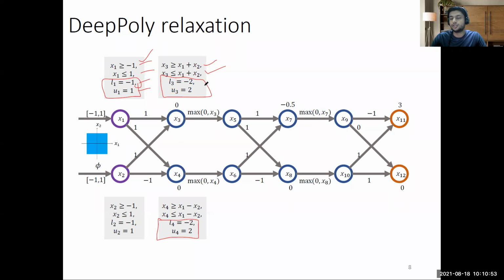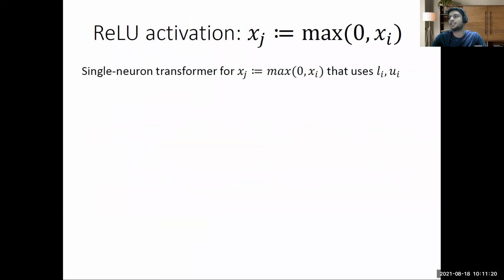And I feel most of the time, the intuition behind forming a new symbolic region is the ReLU transformation, because that is the case where we are losing precision. So whenever we try to come up with a better shape for ReLU transformation, we come back and define that shape for affine transformation too. So let's move forward and look at affine transformation a bit more. But I think let's first switch to ReLU activation.